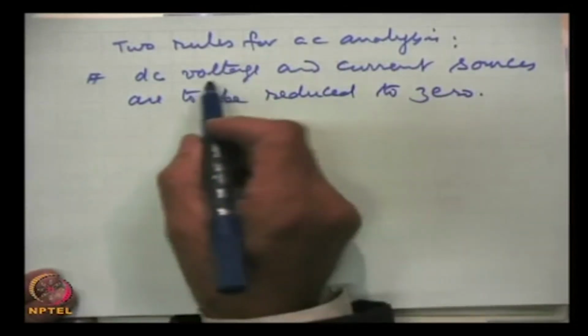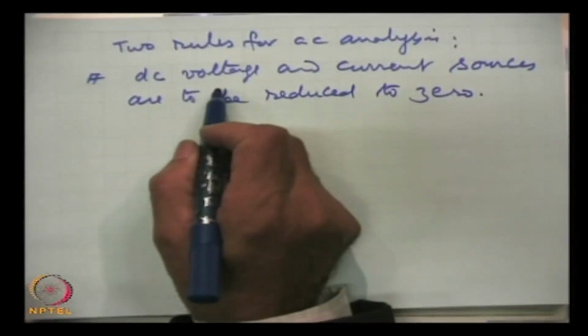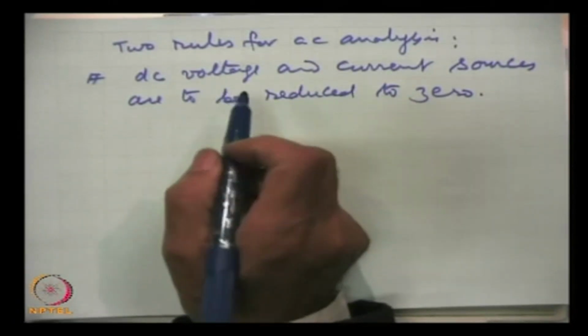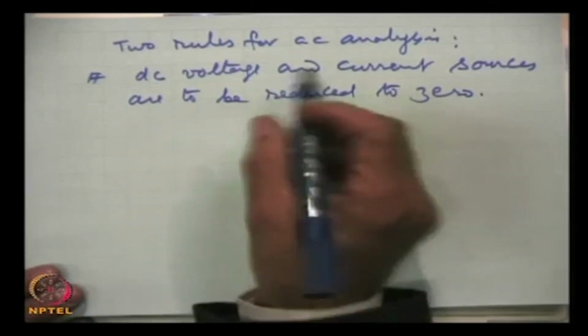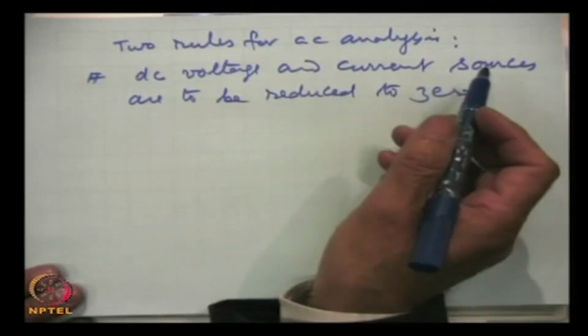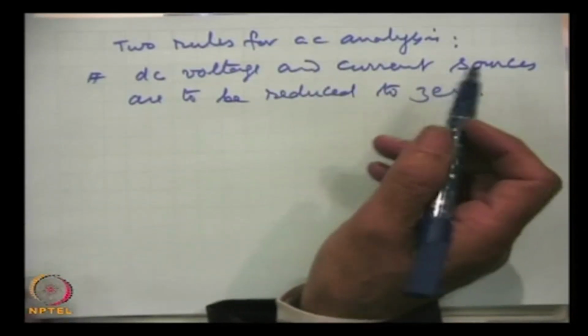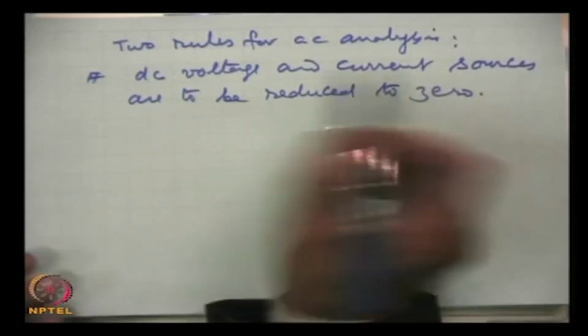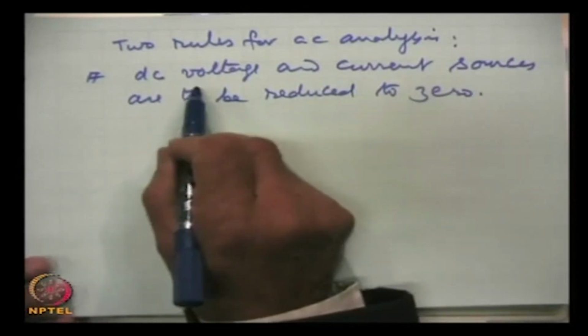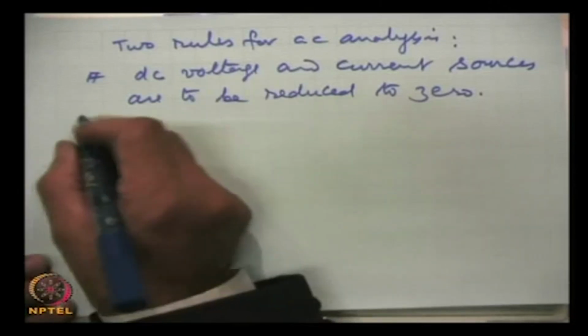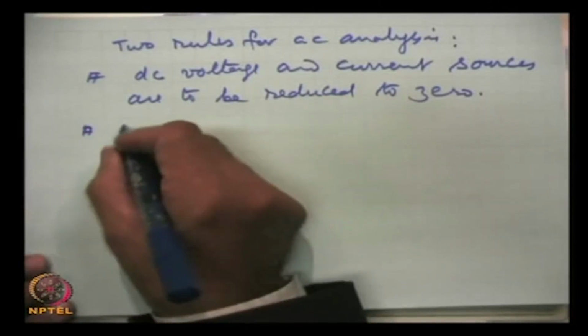That means, when we are conducting AC analysis, the DC voltage source is to be grounded, and the current source, to reduce it to 0, is to be open circuited. And all capacitors